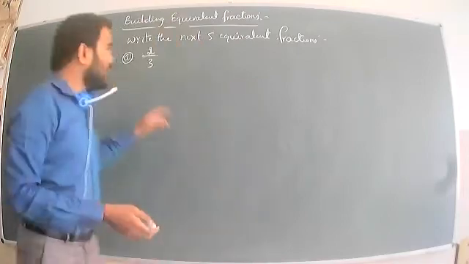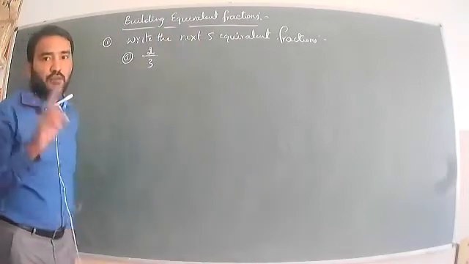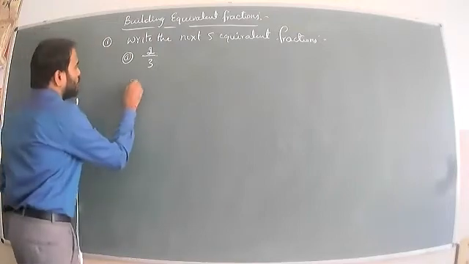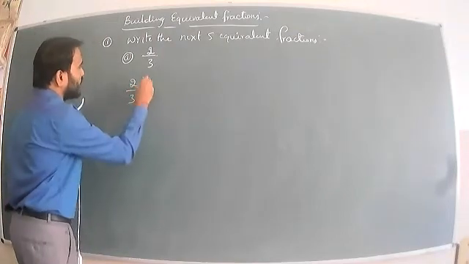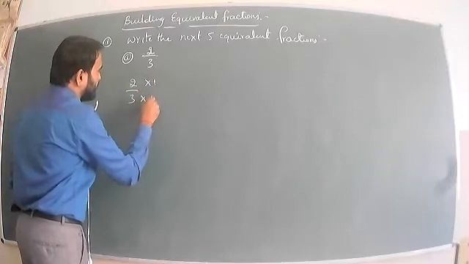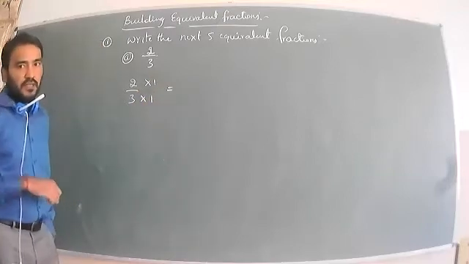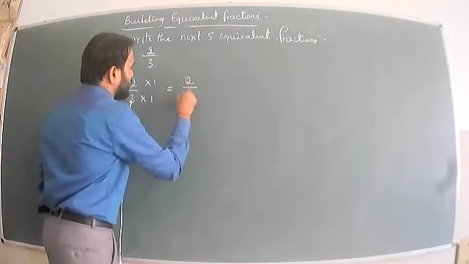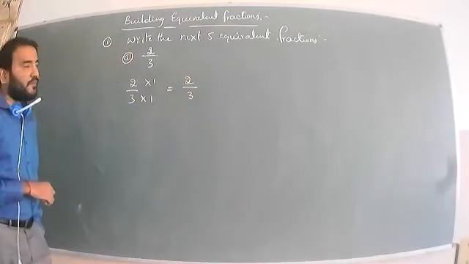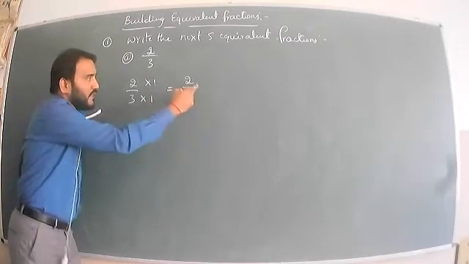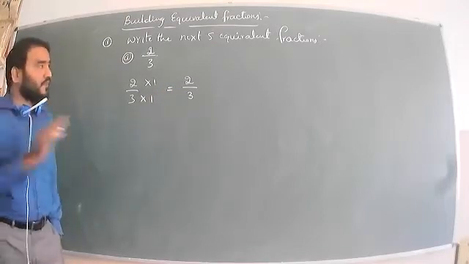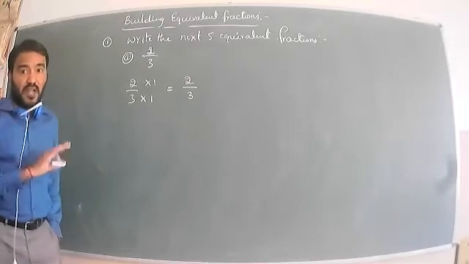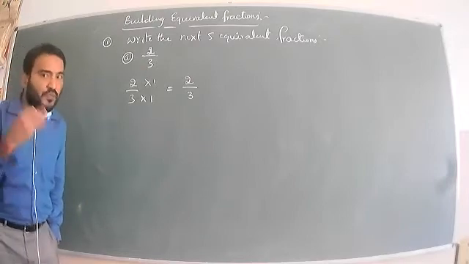Just now look at that. So it is 2 by 3. First we have to multiply by 1. So 2 by 3, multiply numerator by 1 and denominator by 1. 2 times 1 is 2, 3 times 1 is 3. When we multiply by 1, the number is itself, you know already. So that is just one example. Next I will multiply by 2.